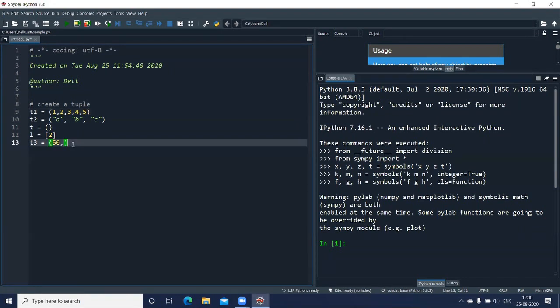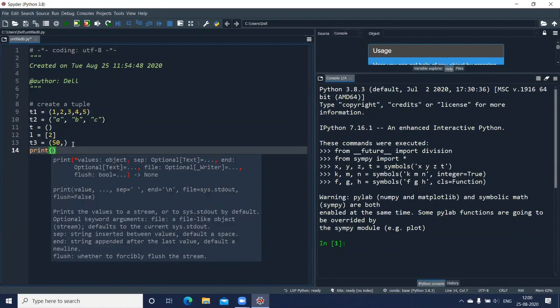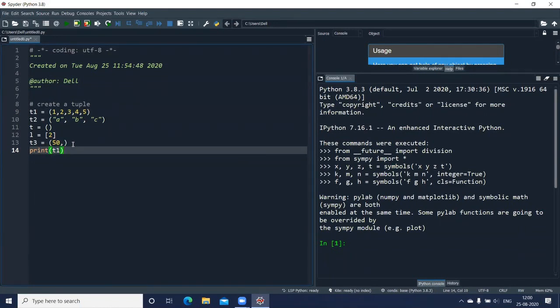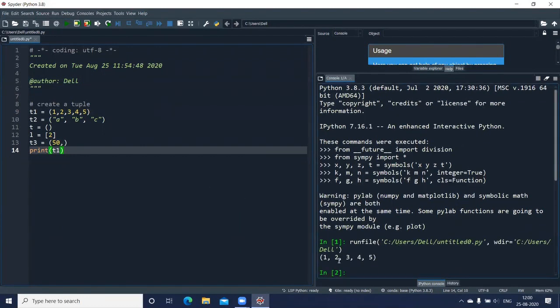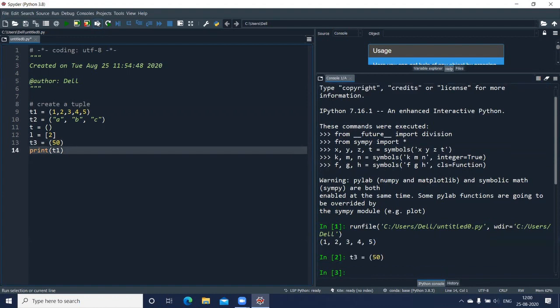Now let me display the values. It's simple, like printing. Give the print function. Let me display T1, and we'll execute this. Here you can see I got the values 1, 2, 3, 4, 5. There are no errors in any of the statements here. But let me remove this comma and run this. Fine.